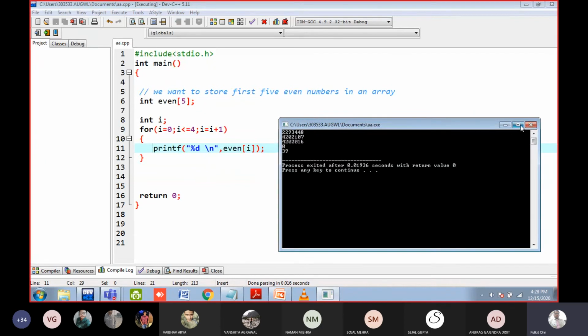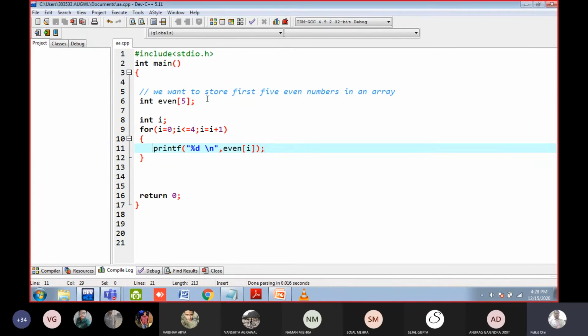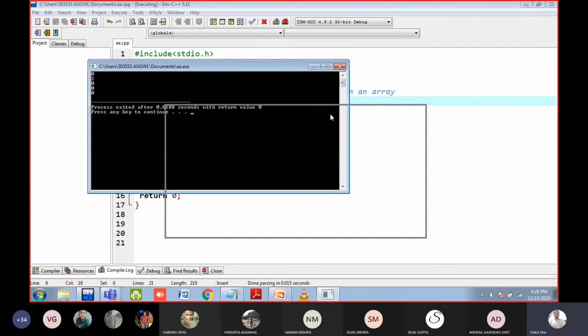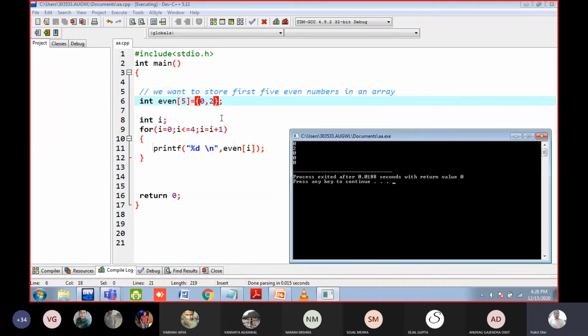It is different for my system because I have not initialized the array. I have not filled the value in the array. But let me fill only one value here and let us check. Let us suppose I am filling the first even number or 2 even numbers. Then the system or the array will fill the default value of integer. I hope you are understanding the rule.